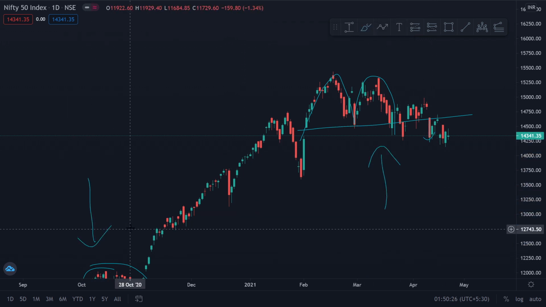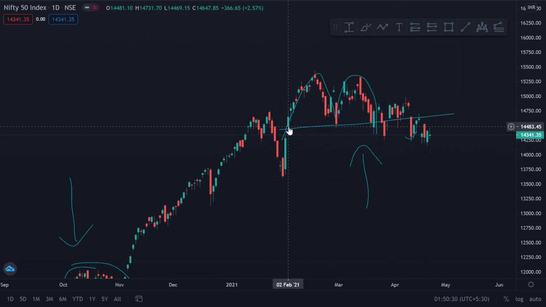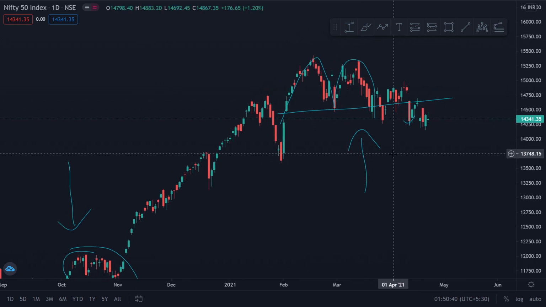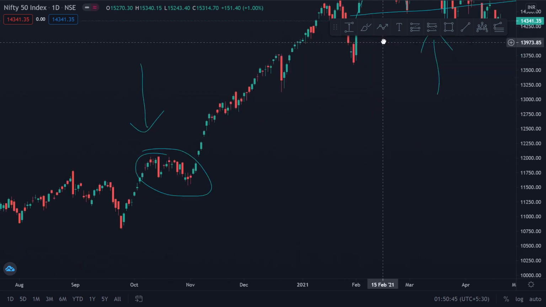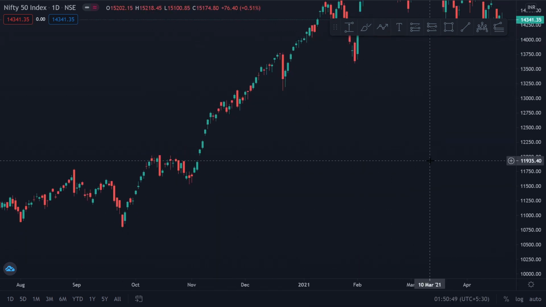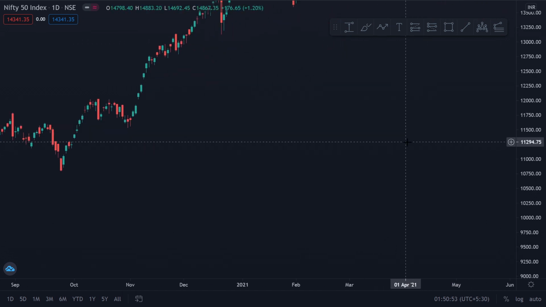probability of this one succeeding, because this took me only about 15 to 20 days, whereas this took me all the way from 1st February to 24th March. So this is almost a little less than 2 months. So this is more than double of this, right? So I would say this double top pattern has a higher probability of succeeding relatively compared to this. So this is the importance of the time factor when it comes to avoiding fake breakouts.